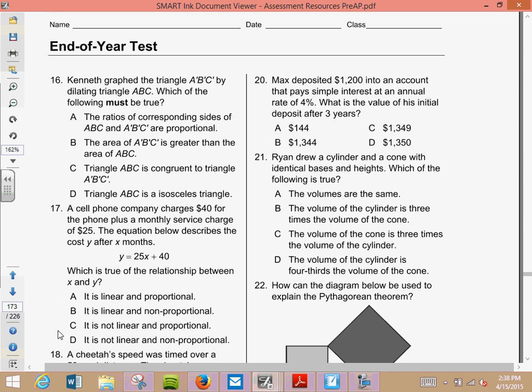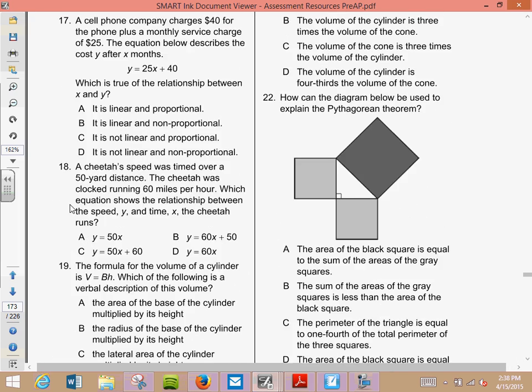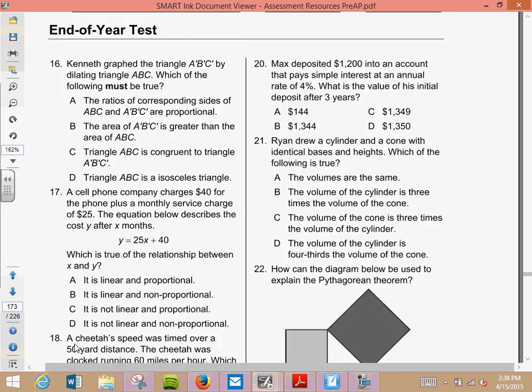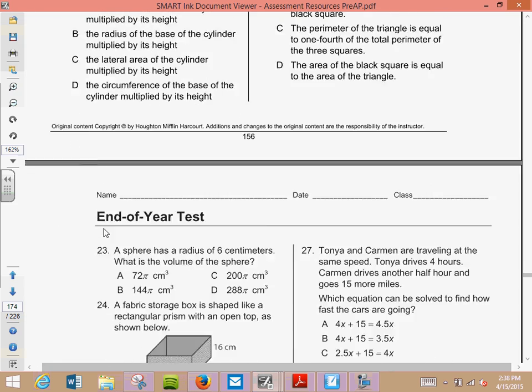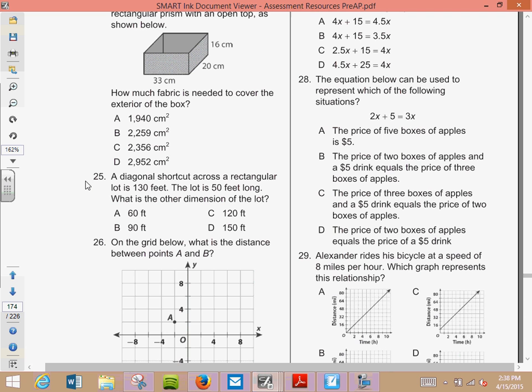Here's what I want you to do. You will do number 17, 18, 19, 20, 21, 22, 23, 24, and 25. For those of you who were in my first period, I did a lot of them for you because we didn't do that many in the first period. So I think this is a fair amount of homework, right? All you have to do is write down the number, do the work, give me the answer, and bring it to class.